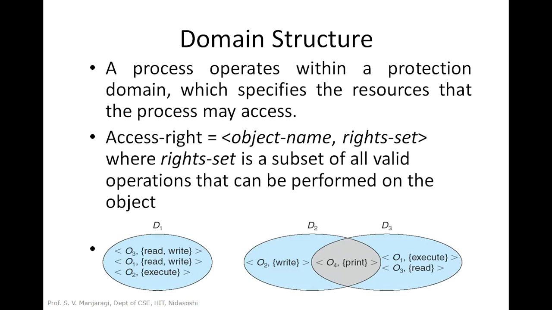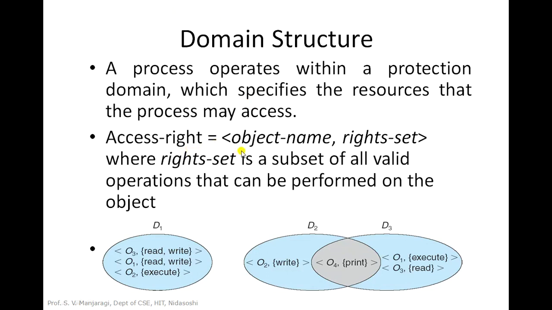So the set of processes are put into a domain, and there will be some access permission or access rights set to that particular domain for different objects. A process that belongs to a particular domain may have access to those resources if it has sufficient access rights or access permissions. Now let us see how to indicate access right.